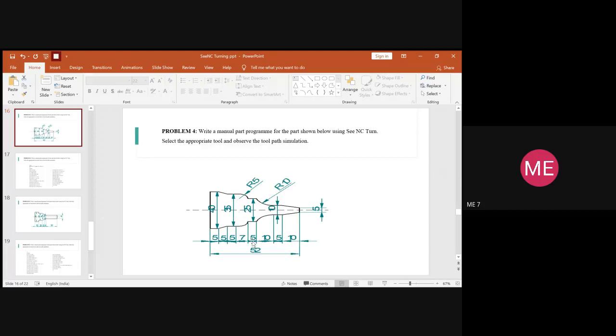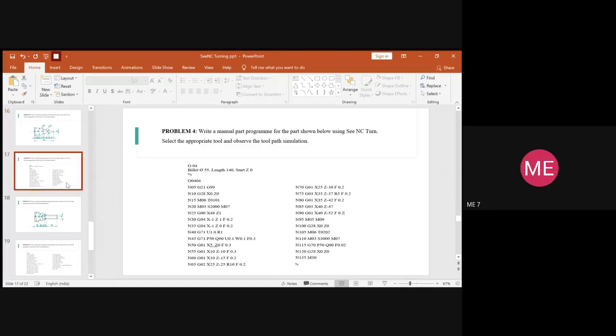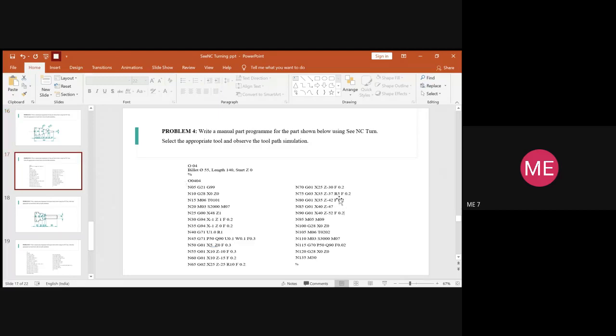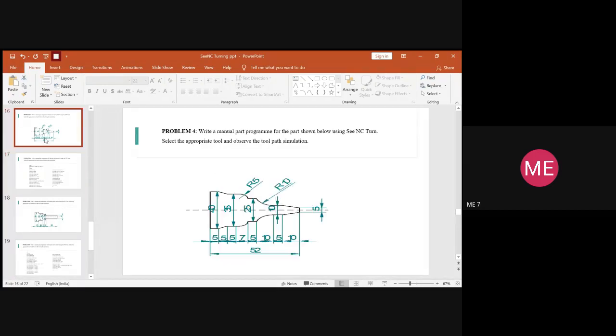And for Z, you have to add all these values until here. So it is 10, 20, 25, 30 plus 7, it is 37. So the Z value will be equal to minus 37. Then for circular interpolation, you have to provide the radius. See in the diagram what the radius is. So the radius here is 5. So you will provide R is equal to 5 and again the feed rate. So our anti-clockwise circular interpolation is over. So now the tool is at this position.